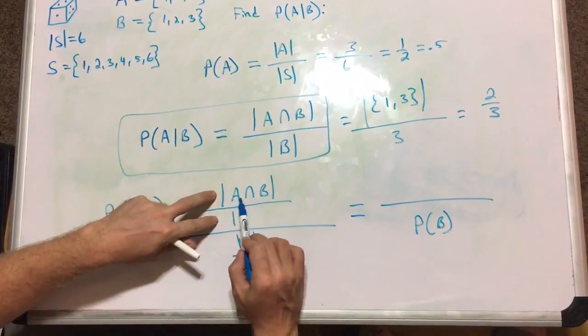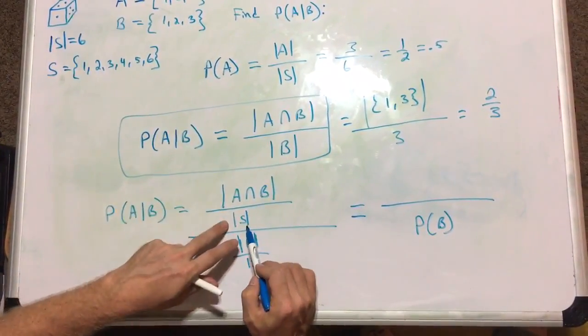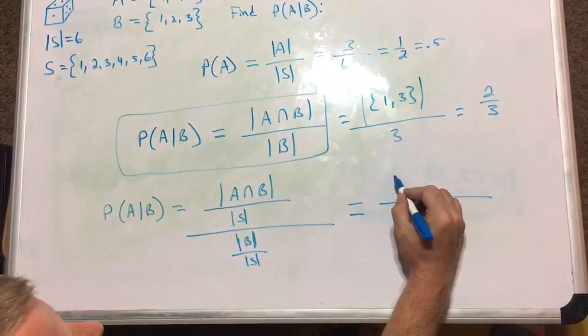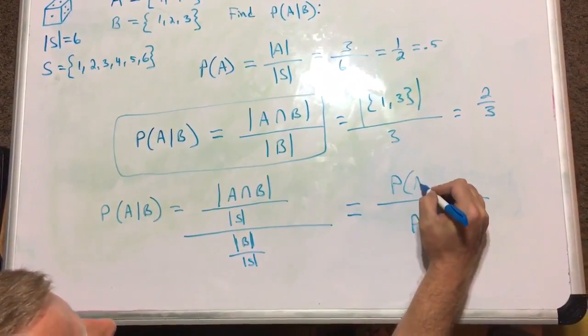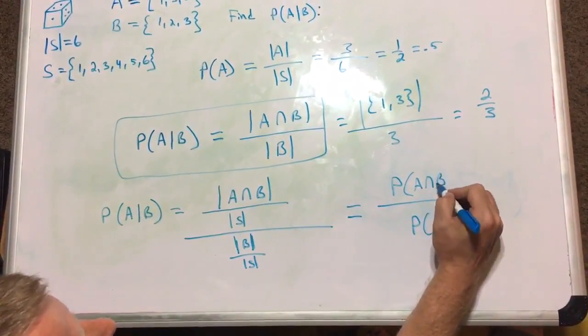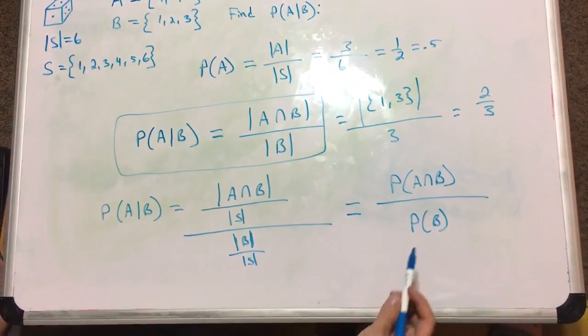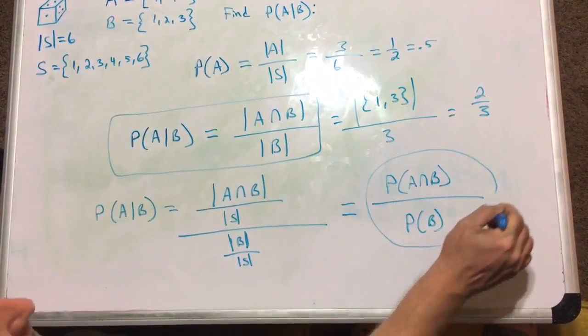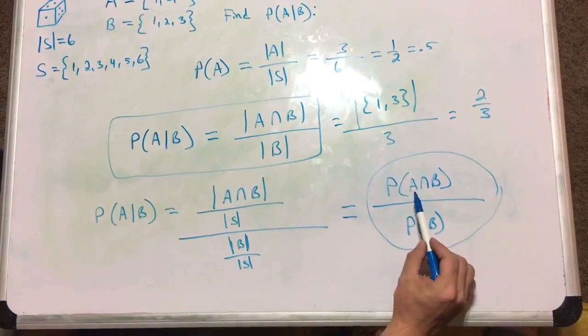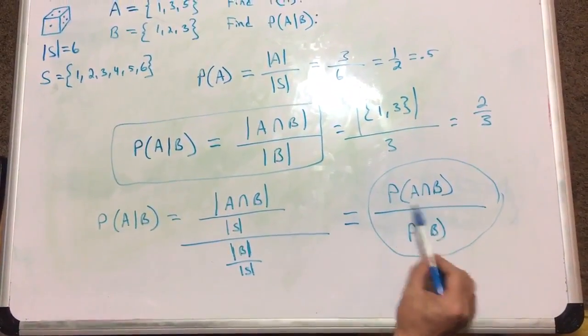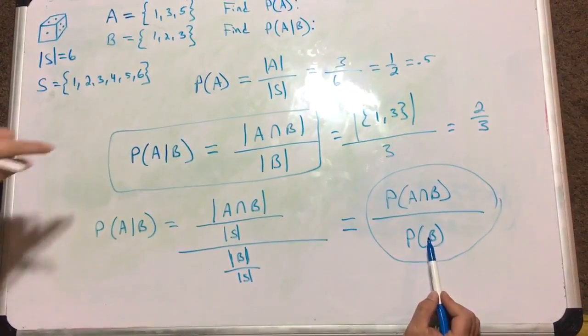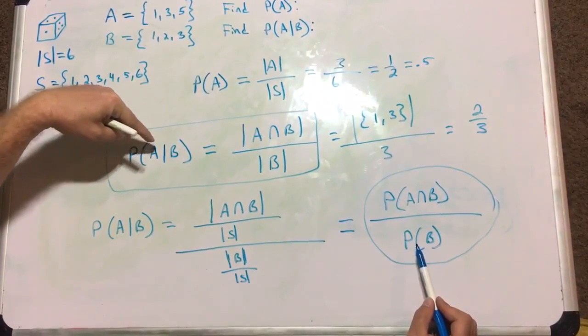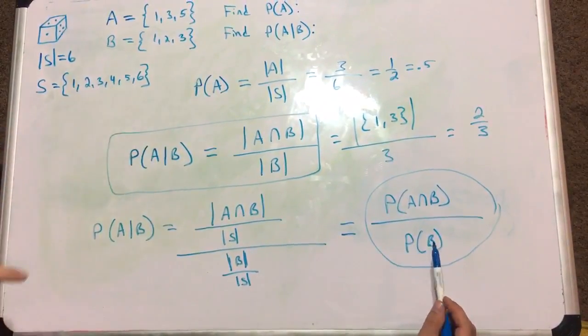Now we have A intersect B all divided by S, which is actually the probability of A intersect B. So your final form is this right here. The probability of A intersection B divided by the probability of B is the same thing as the probability of A such that B definitely occurred. You see how they tie